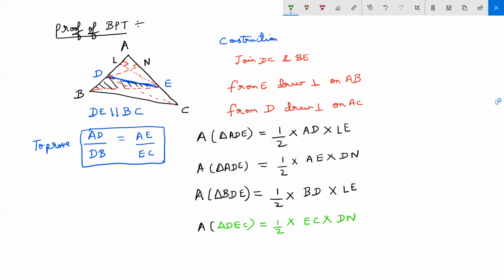Now, if I consider this triangle ADE, along with ADE you must consider triangle BDE, which is shaded as shown in the figure. So when you consider triangle ADE, take the area of triangle BDE as well, and take the ratio of the two. Is it clear? So area of triangle ADE is to area of triangle BDE. And what will it be? So